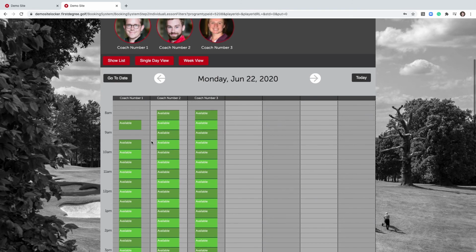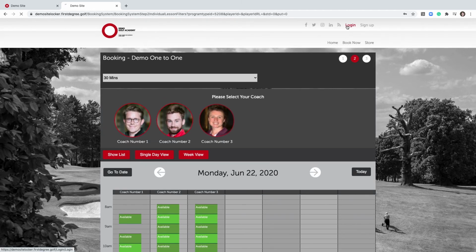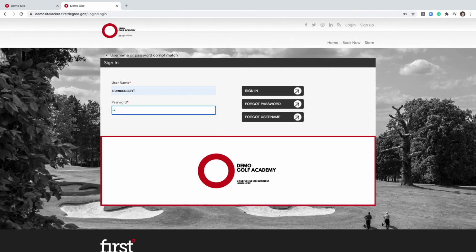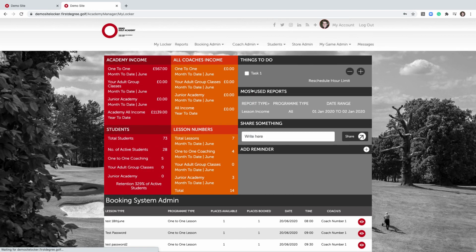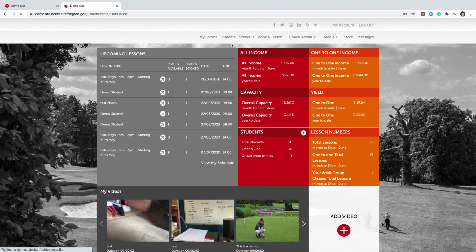And we can see now that we've got the availability on a single day with 9 AM blocked out in coach number 1, but 9 AM is available with coach number 2 and 3. So let's log back in as our coach and just review that again. And let's navigate back to our coach area. And from in our coach area, we can navigate to our schedule view either from the My Locker homepage or